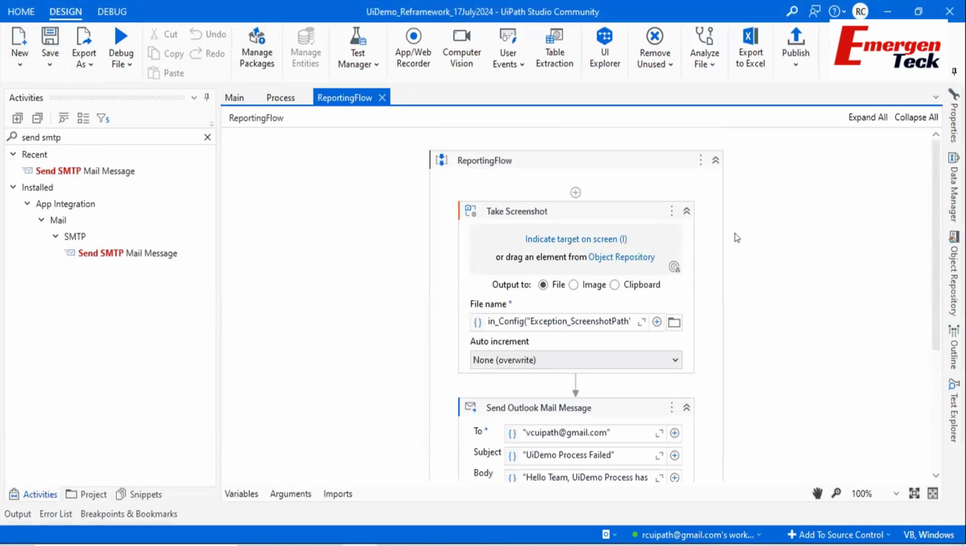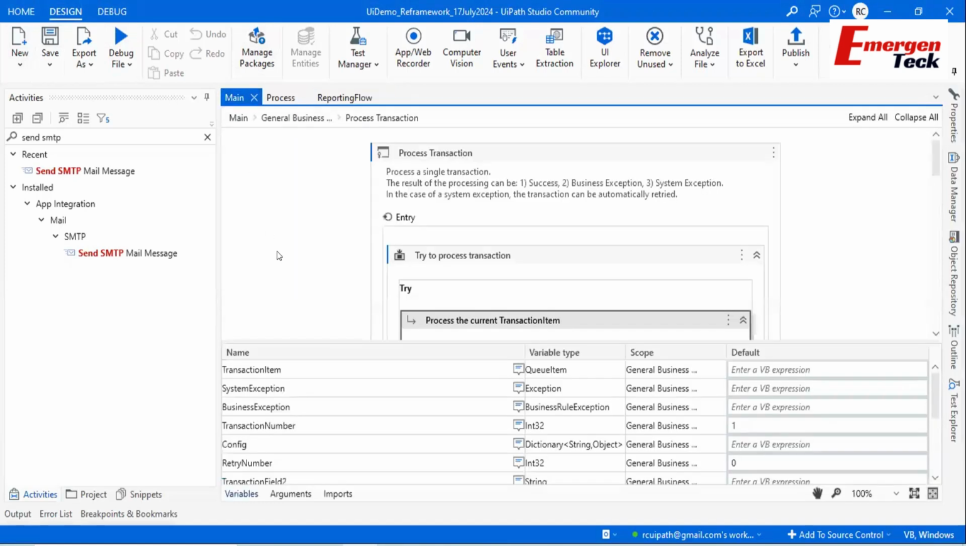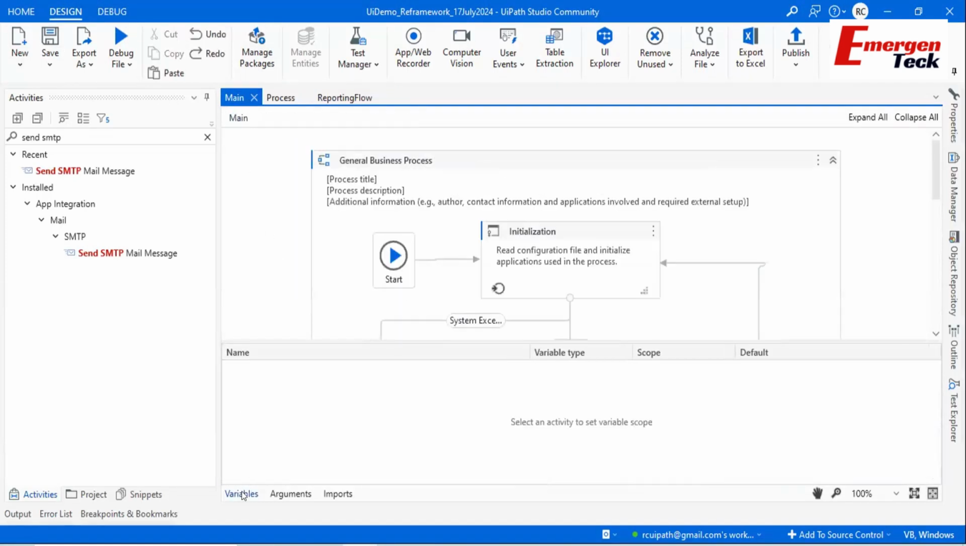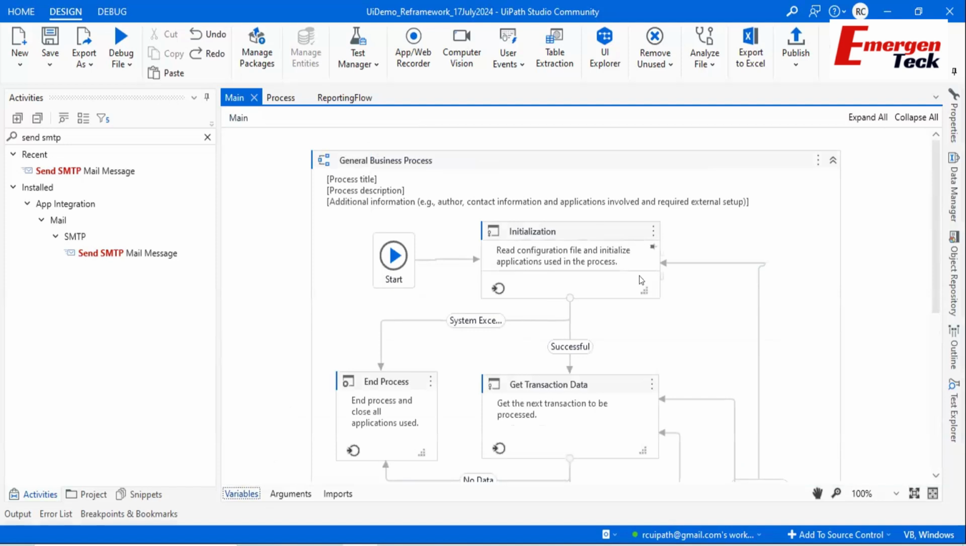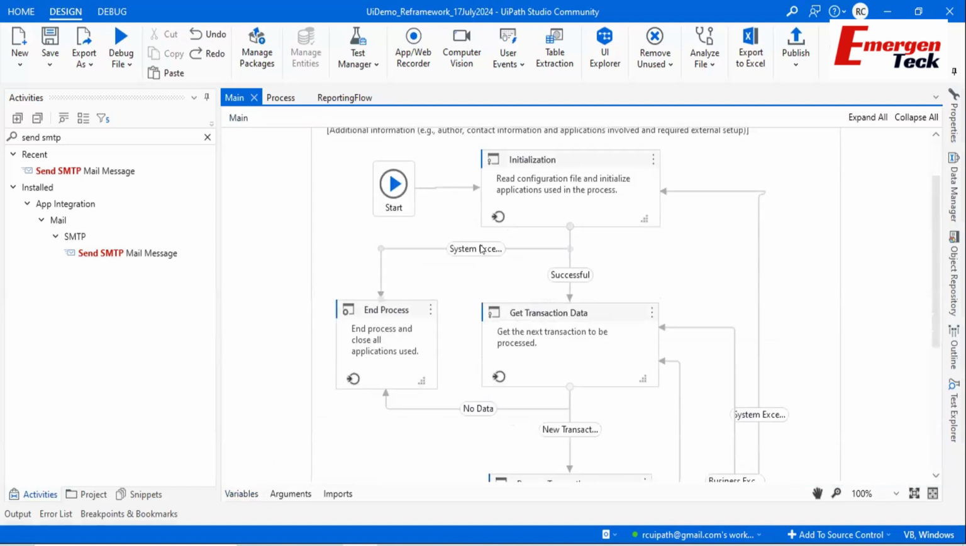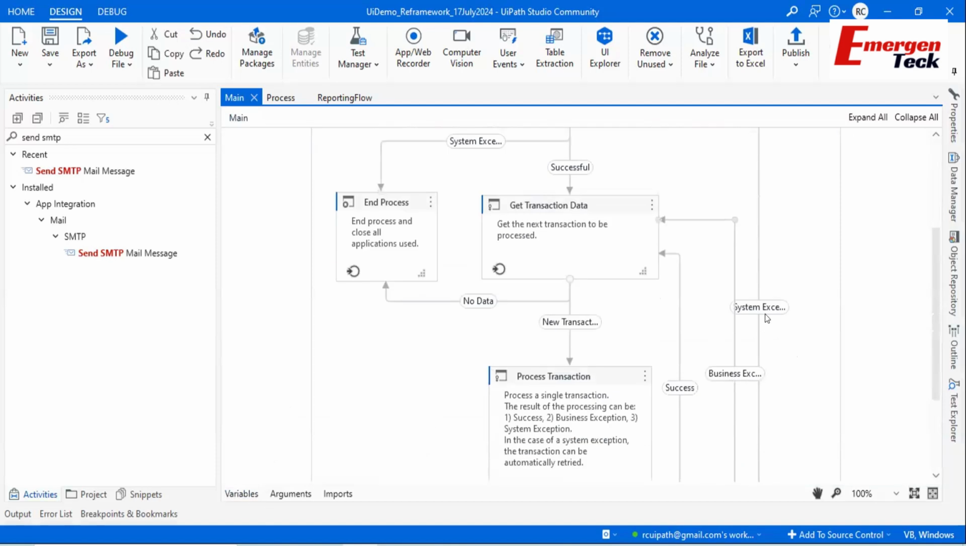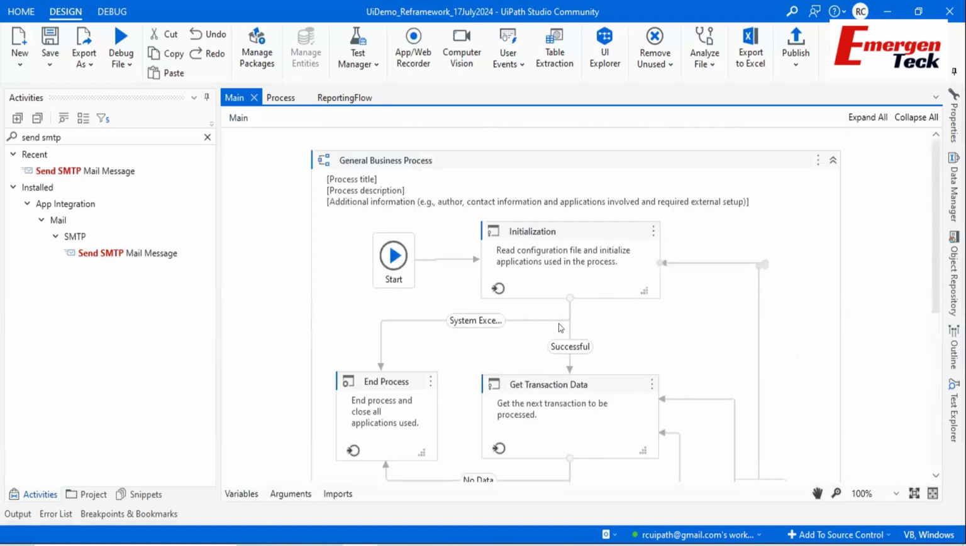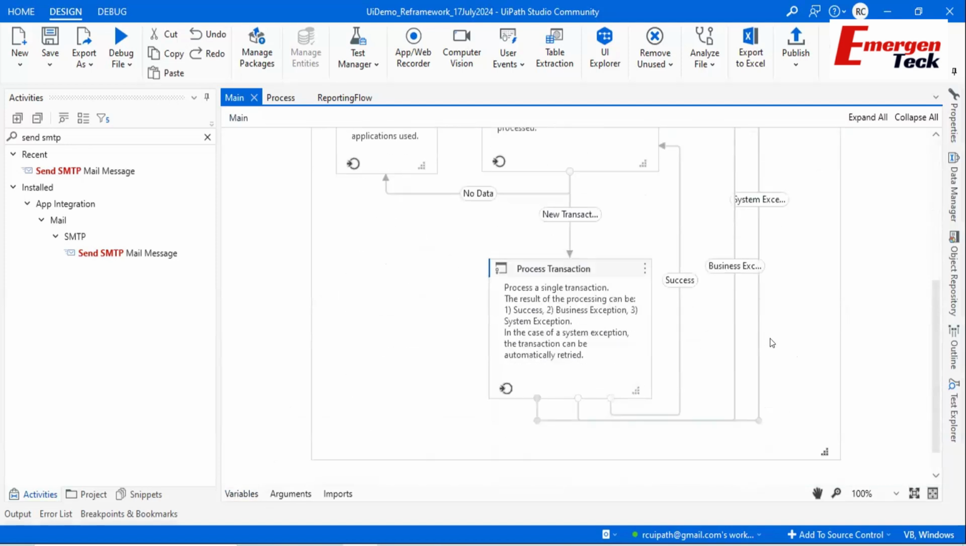Where do we have to use it? Wherever there is a possibility of error. Okay, so where is the possibility of error, right? So go back to the main. Okay, so wherever there is a possibility of error, can you see this system exception, business exception, system, right? So wherever there is a possibility of error, we will add that flow into that respective exception, right? So business exception,